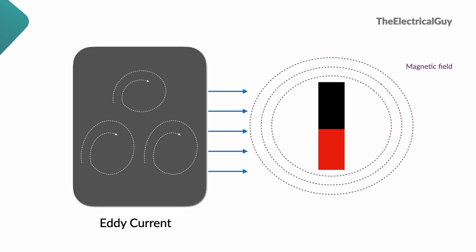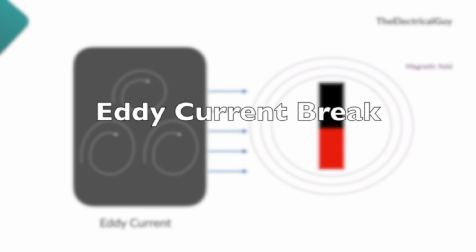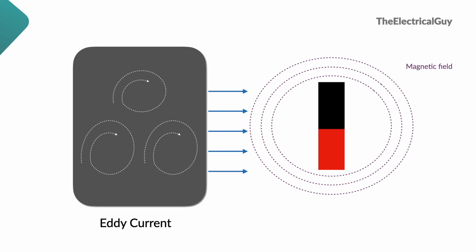This technique is used to stop rotating power tools and roller coasters quickly when they are turned off. This braking method is called an eddy current brake. Eddy current brakes generally do not have holding torque and hence are generally provided in combination with mechanical brakes, which provide very efficient braking. So this was all about eddy current.